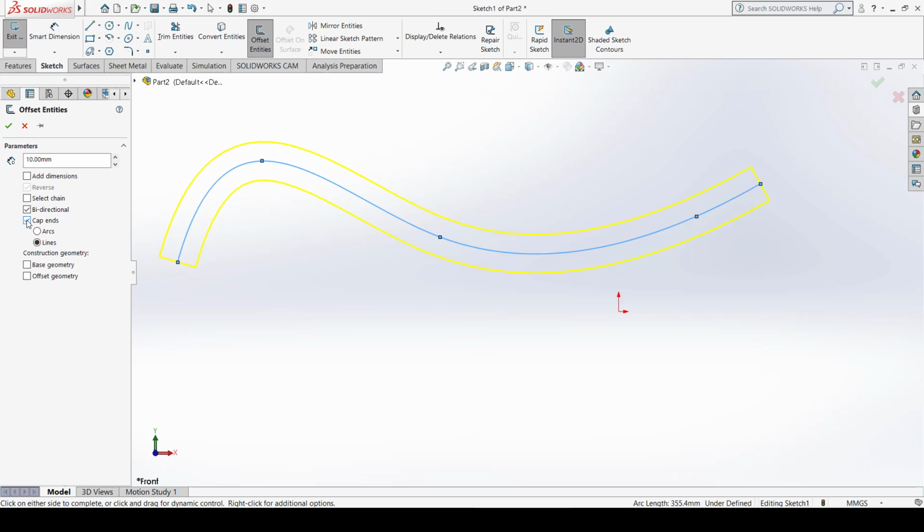And if you don't want any cap ends, just press the off button here. You can see now they are open in both directions, both ends are open. And if you turn off the bidirectional parameter, you can see only one direction is available for offset. And if you select add dimensions, when you click OK, a dimension appears that it is